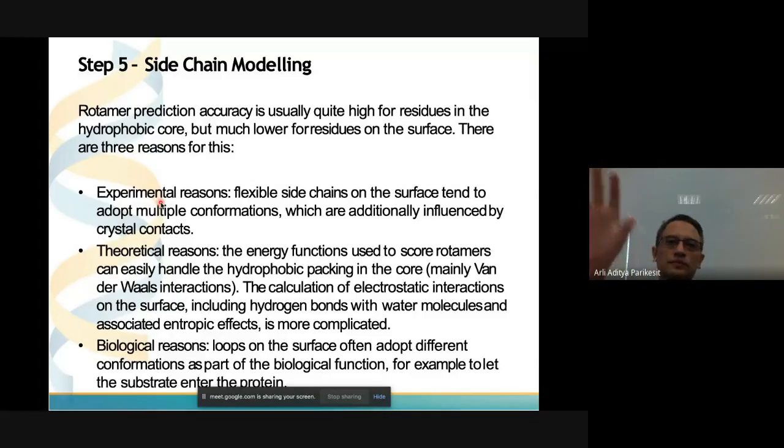If you want to capture all of the conformations, you have to use NMR, but this instrument is even more expensive. Experimental reasons are somehow overlapping with biological reasons. But theoretical function reasons are actually easier to cater to. You just use the exact formula, exact calculation. It's already there. You just use it, and then you get your prediction.